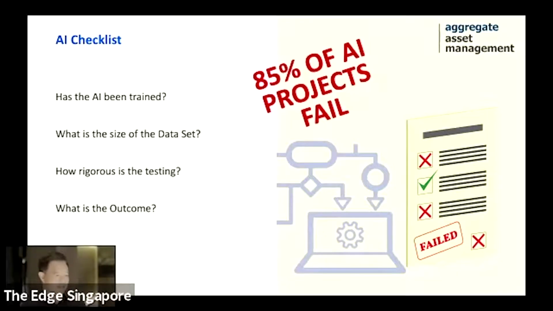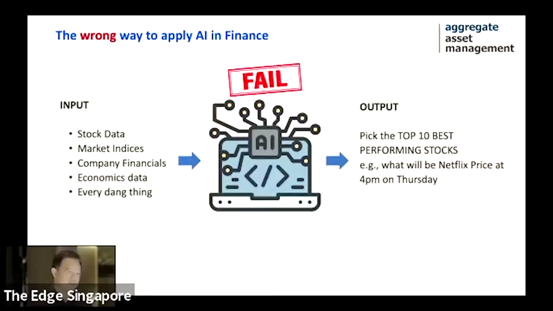And also there's a checklist. It's very important when someone says AI, you have to ask 4 questions. Has the AI been trained? What is the size of the data set? If you just test it for 1 month or 1 year, that is not good enough. And how rigorous is the testing? And ultimately, what is the outcome? There must be a positive outcome that it can really help you in your daily life. If not, then AI is pointless. So 4 questions. So before embarking on this AI journey with Aggregate,